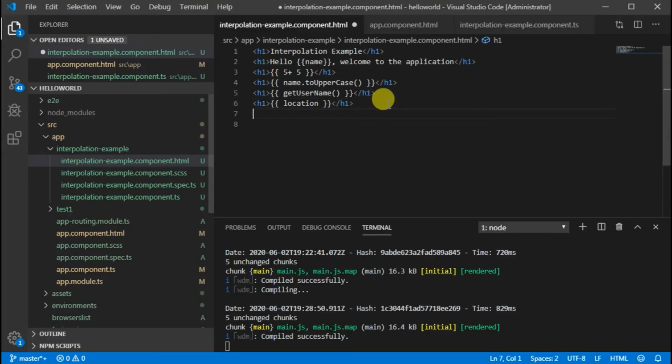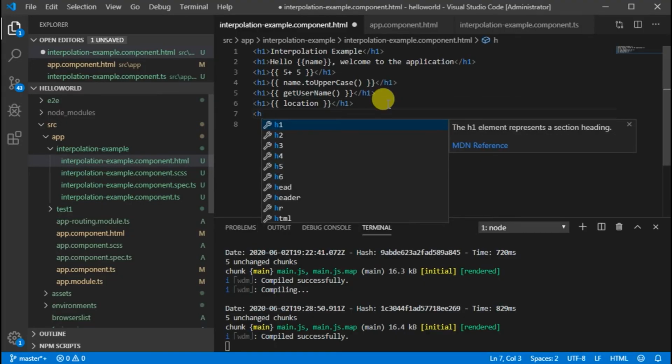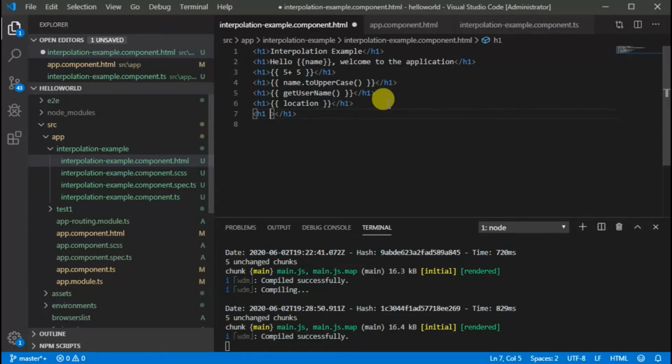We also have the option to loop through array objects. We'll use ngFor here. In our later videos, we will see the details of structural directives. But here, we will concentrate on interpolation.